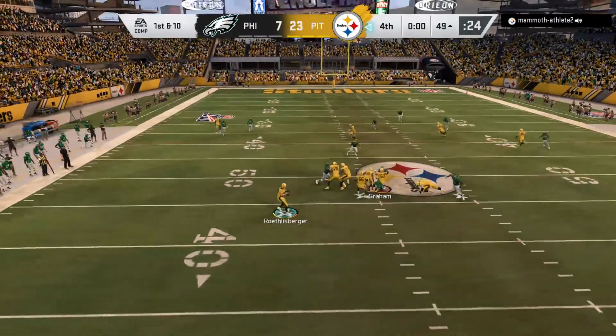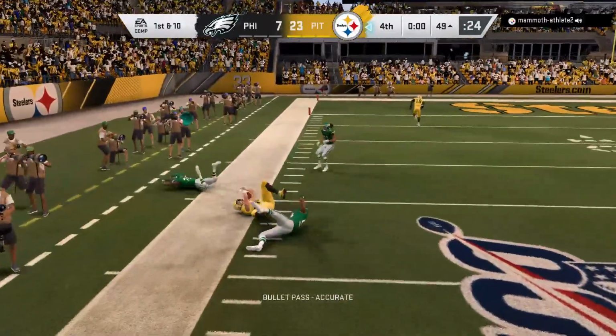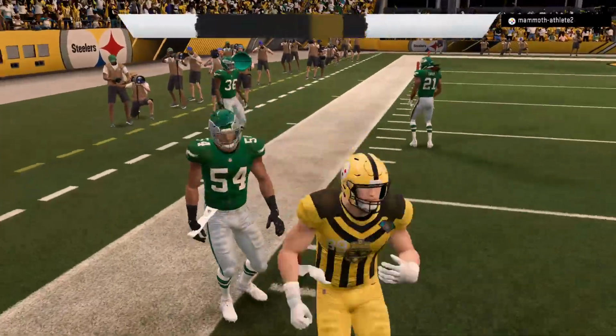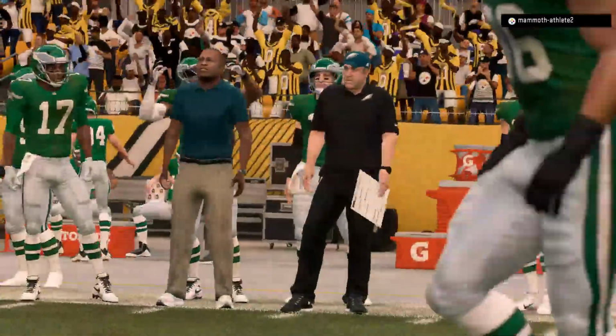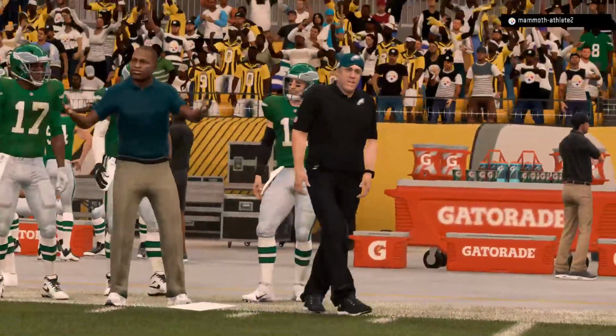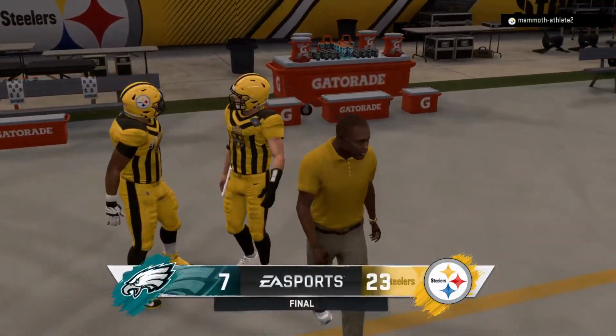Oh, Roethlisberger going to throw, and he's got his man, the tight end, McDonald. He'll get this one down near the 20-yard line, just shy of the 20. So this one in the win column for the Pittsburgh Steelers. And it was their defense that really paved the way to this victory as they allowed the one touchdown, and that was all she